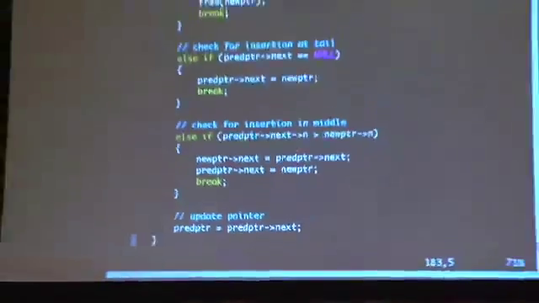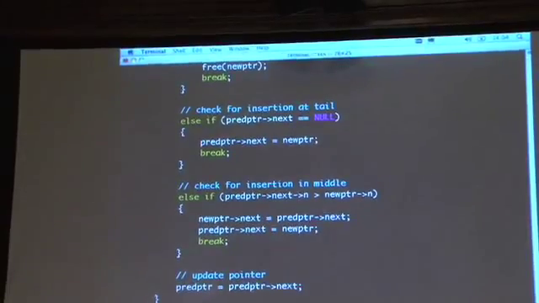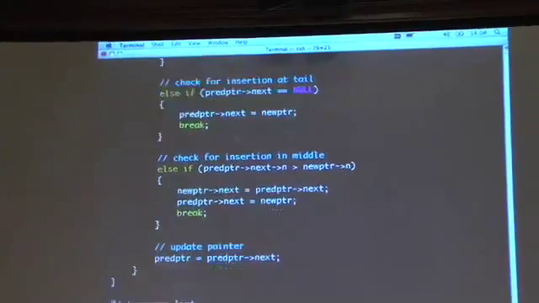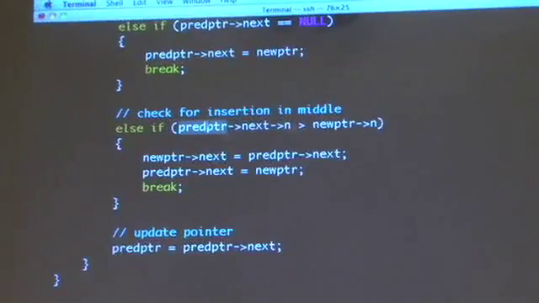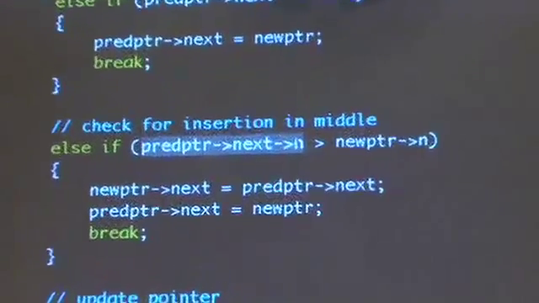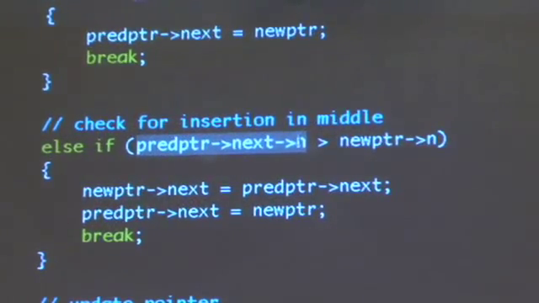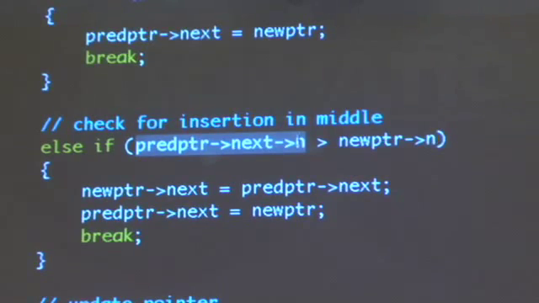But this is just a translation of what I did to insert Julie at the end of the list when only Olga was there. The list was of size 1. So now let's assume, and we didn't do this per se, because we inserted Robert at the beginning, not at the middle, but there is this last case. So this is kind of interesting. You can actually chain together this arrow notation. If I am the temporary pointer, pred, and I follow the next field, and then I follow the n field, so I've gone two steps, if that equals the n in the new